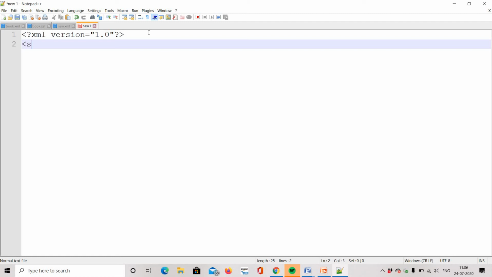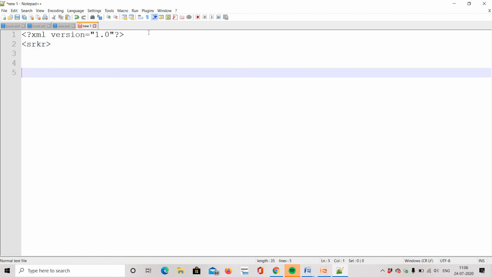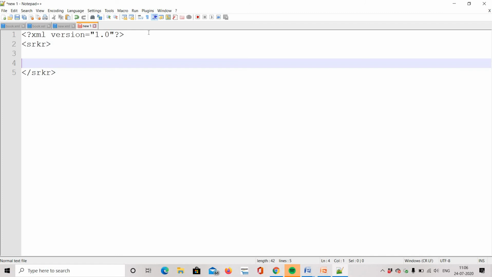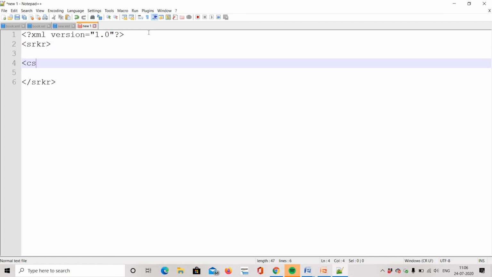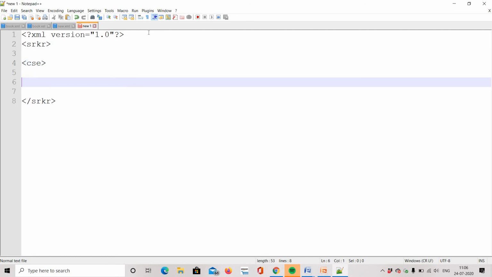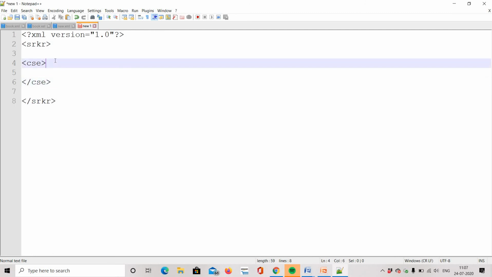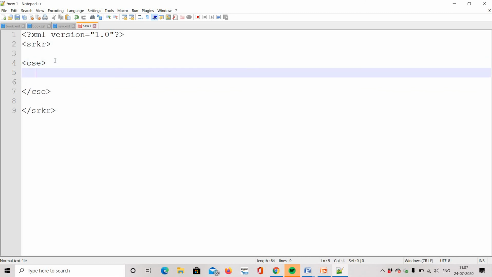If I want to write the XML for our college, I'm going to write the root tag with our college name. Coming to the child, I'm going to take CSC as one element. In CSC, I am going to write some faculty information,